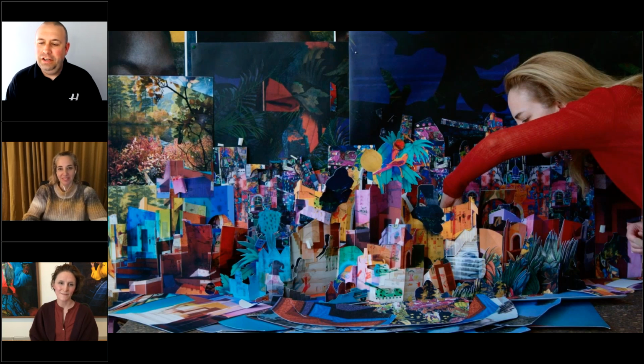Okay, so Nina, like Sarah just mentioned, there's a 3D look and feel to the backgrounds, and we've got a question from Bernardus. He's saying that it reminds him of origami. Do you see that, or is that something you're inspired by with the backgrounds? Not maybe specifically origami, but